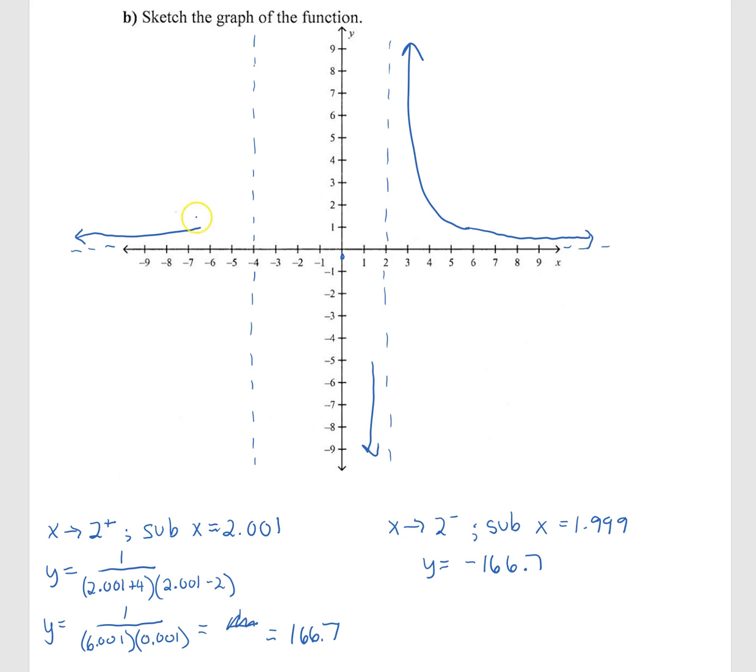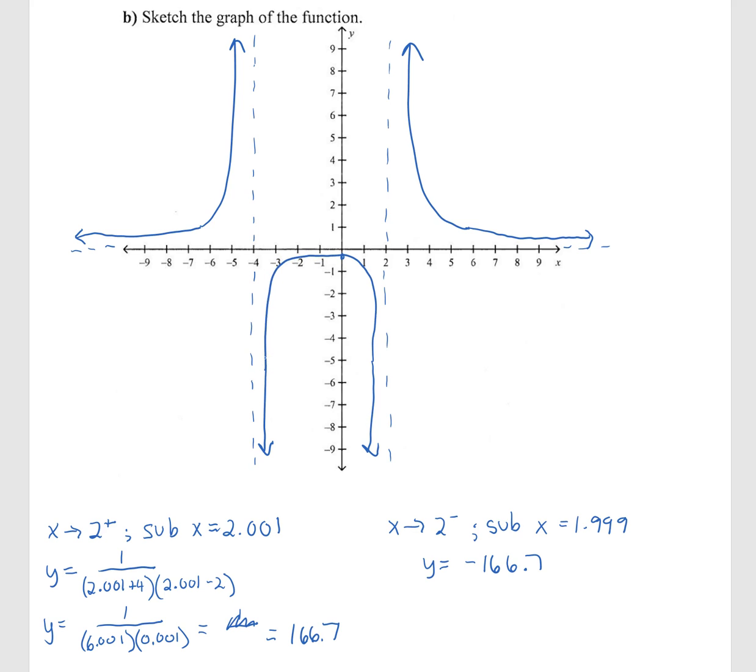Okay, and you can do this on the same side over here. So find out what happens when x approaches negative 4 from the left and from the right. And if you do that, you'll see that y approaches positive infinity on this side and negative infinity on this side. Okay, so now we just need to figure out what happens in this area. And we've said that we have a horizontal asymptote at y equals 0. So we're not going to cross the x-axis here. And so this is going to look something like